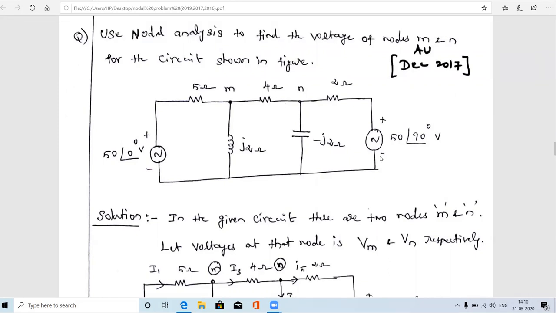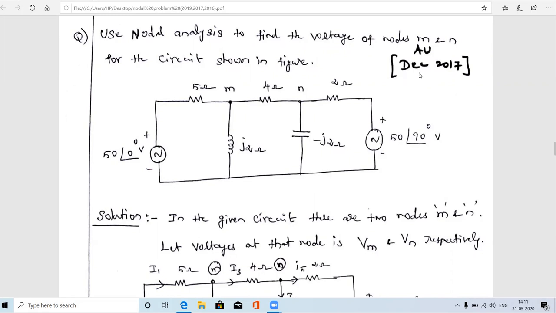So in this video, we are going to see one more nodal analysis problem, for an AC circuit. Previously we discussed nodal analysis for DC circuits. So here we are going to see a problem on an AC circuit. So what is an AC circuit? If the circuit has a resistor, inductor, and capacitor, then that circuit is called an AC circuit.